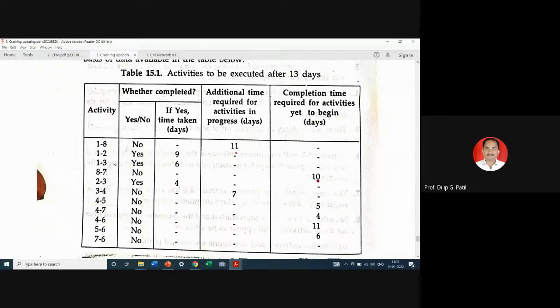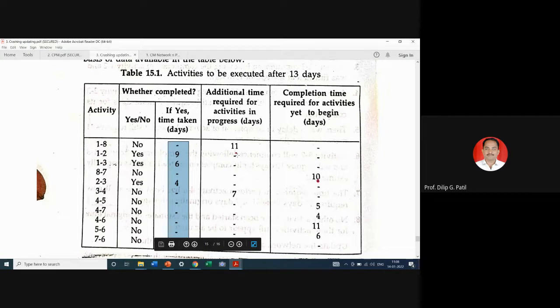सो मेनली व्हॉट वी आर गोइंग टू चेक, वेदर ऍक्टिव्हिटी इज कम्प्लिटेड ऑर नॉट. आता इथं लक्षात घ्यायचं तुम्हाला की if that activity is completed, तर काय होईल की तिने किती टाइम एस्टिमेट किंवा टाइम ड्युरेशन घेतला. कारण की अर्लियर आपण काहीतरी प्लॅन केला असेल आणि तिने काहीतरी वेगळा टाइम घेतला असेल किंवा तोच टाइम घेतला असेल, बट स्टील वी आर नॉट बॉदर्ड अबाउट this time because already the time has taken, and due to this only